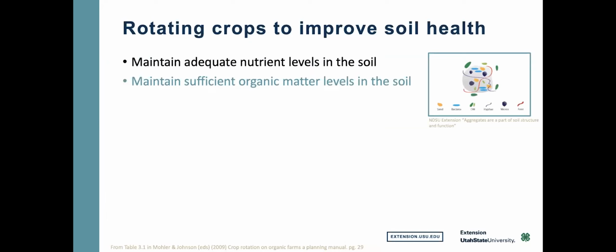Another improvement that we can make through crop rotation is to maintain, again, that organic matter that Grant was just talking about as well. I've shown here this image, or this cartoon again, of a soil aggregate. So organic matter that we can improve through crop rotation is important for that aggregate formation. It's also really important as we think about